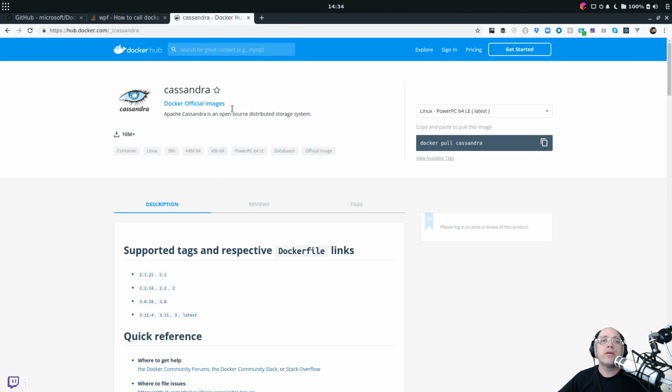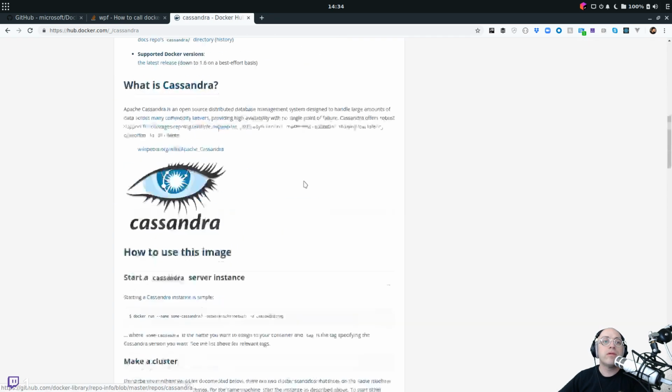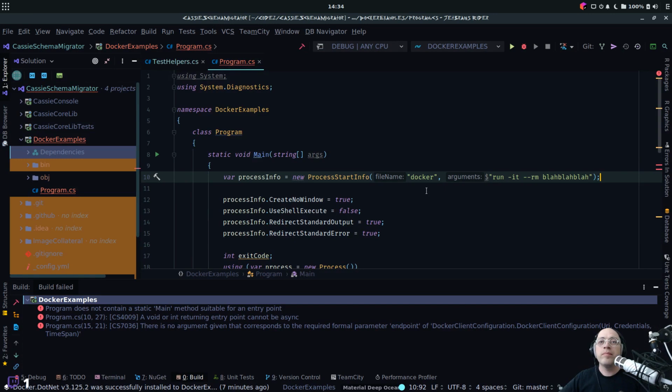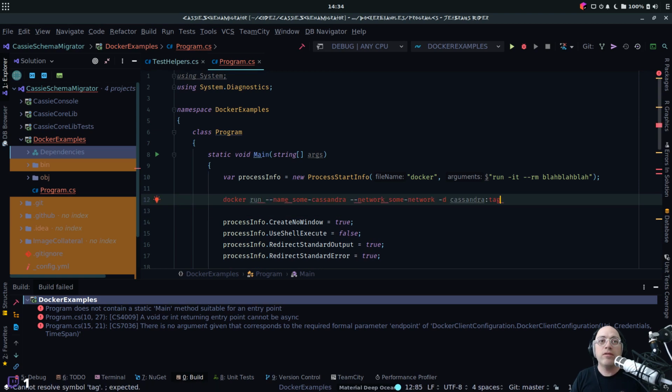Okay. And then let's see here. File name Docker, arguments run da da da da. Okay, so if I wanted to run this stuff,